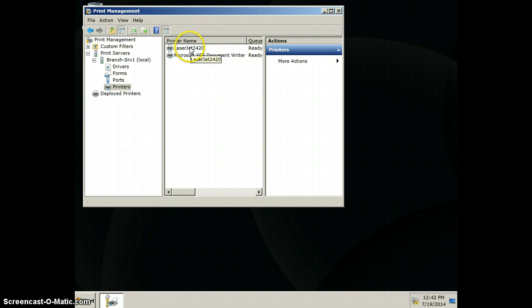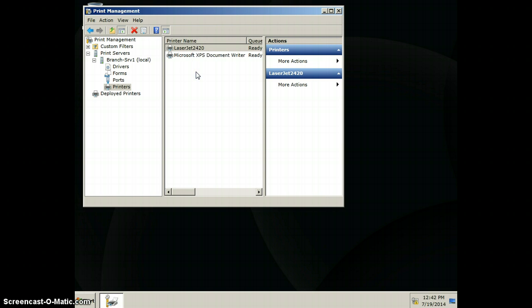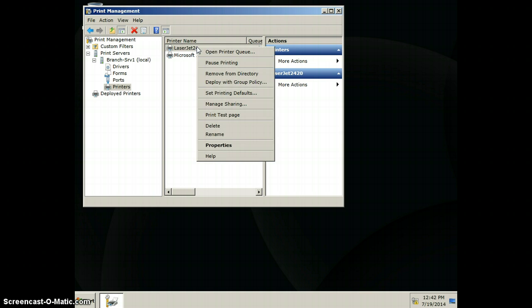And now I want to list it in the Active Directory. So I'll right click on the printer, click List in Directory, and now it's listed. And also I want to set up some permissions, so I'm going to right click on the printer, go to Properties,